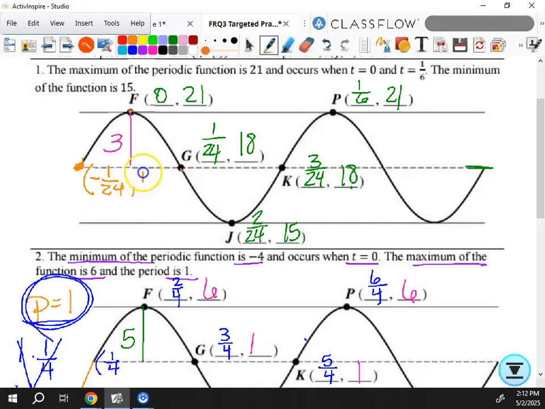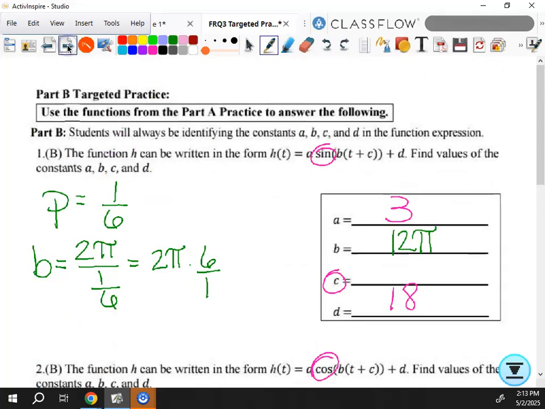And remember that the transformations work the same way that we've known forever. What's weird about trig is that they decided to change up the equation a little bit for you, but it doesn't change what the rules are. So if sine normally starts here at 0, but I'm now here at negative 1/24, that means I had to shift to the left, right? And we know that if we shift to the left,